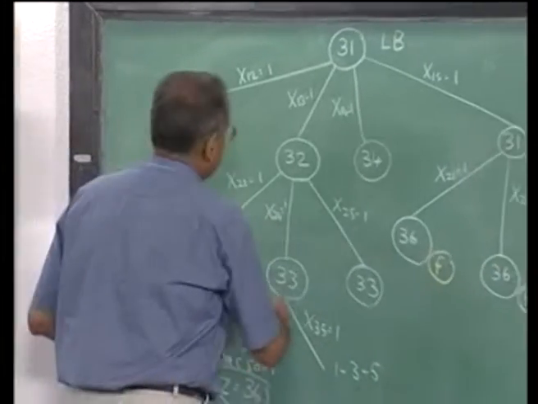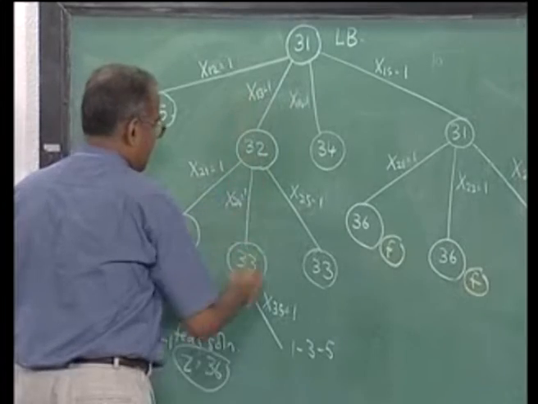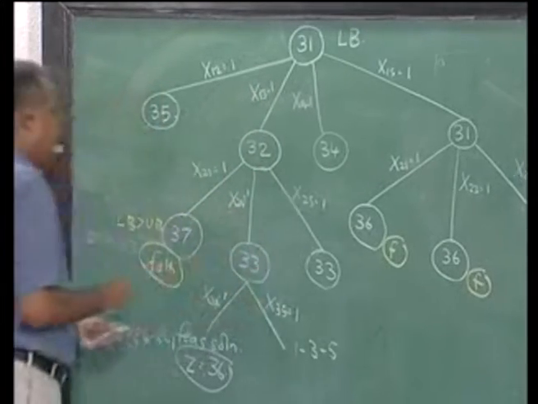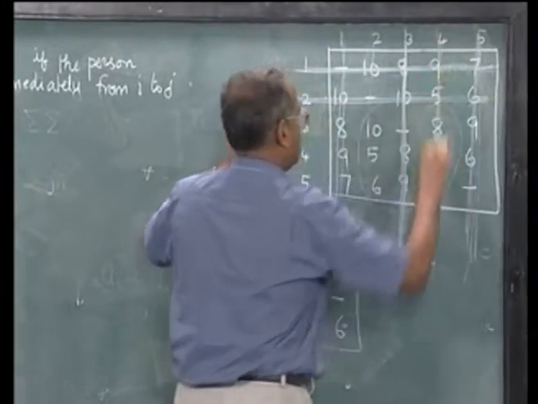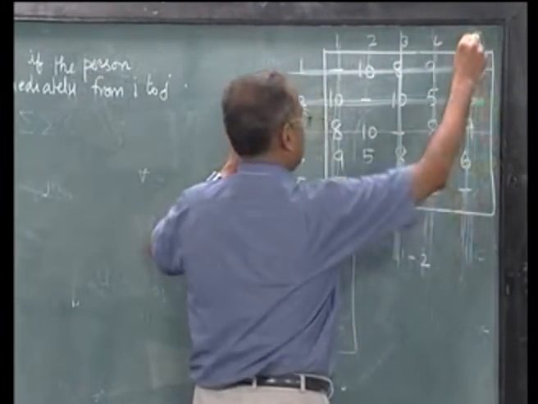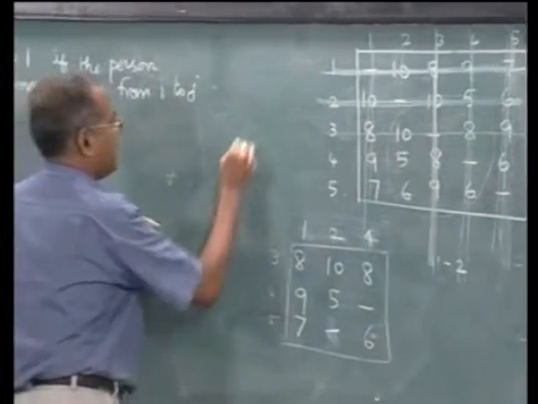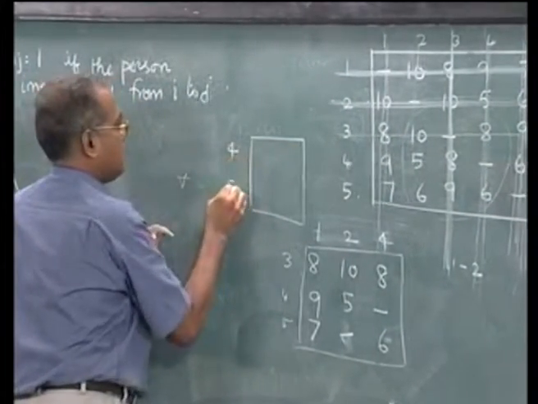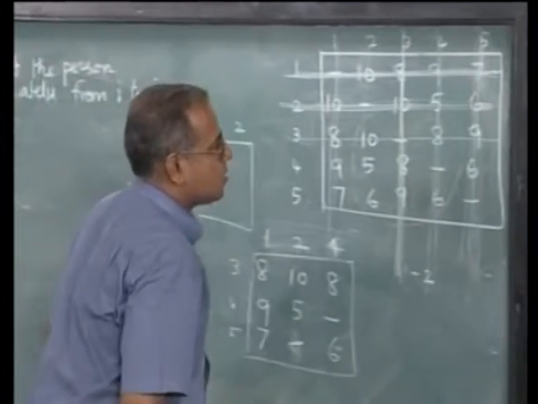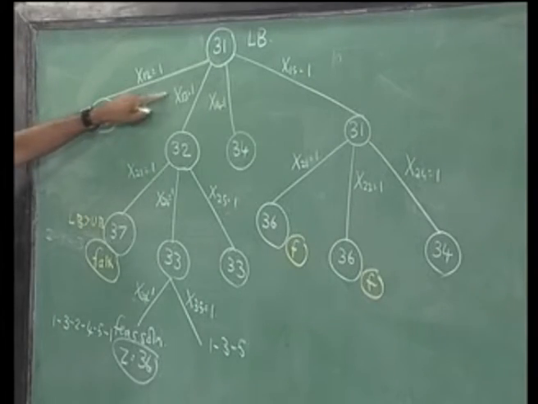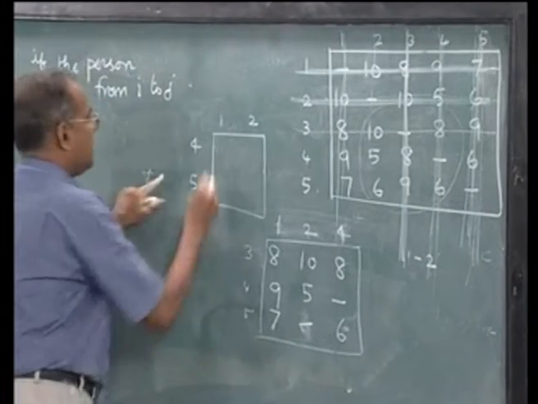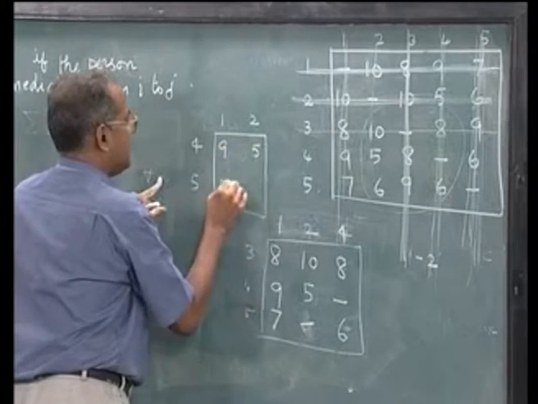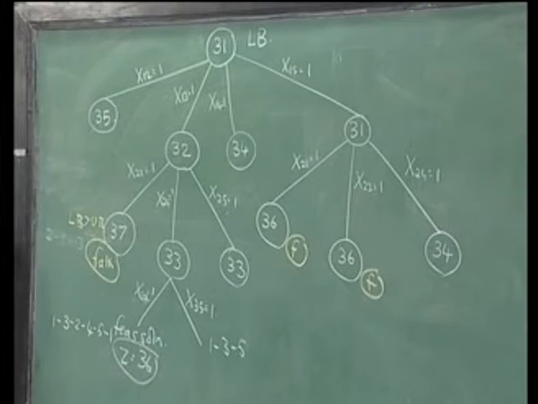So, this would give me 1 to 3, 2 to 4 and 3 to 5, which would give me 4 5 and 1 2. So, I will have 9, 5, 7, 6, and since I have 1 to 3, 3 to 5,